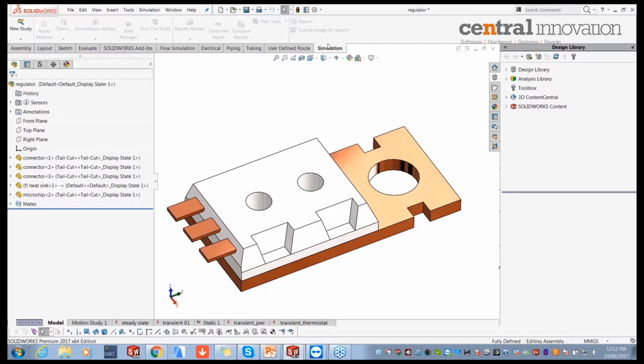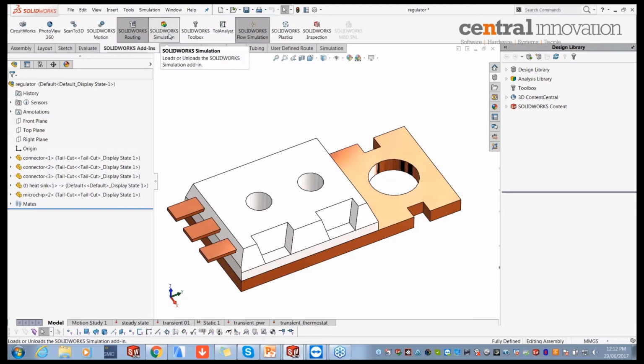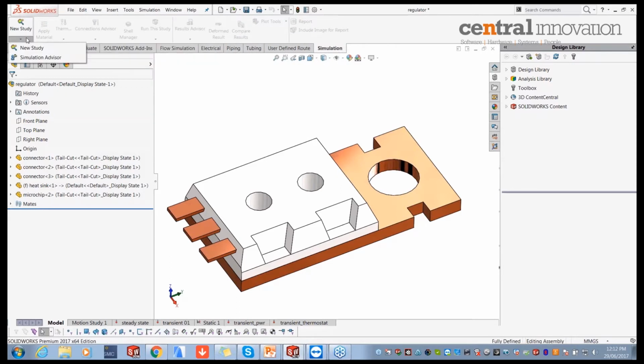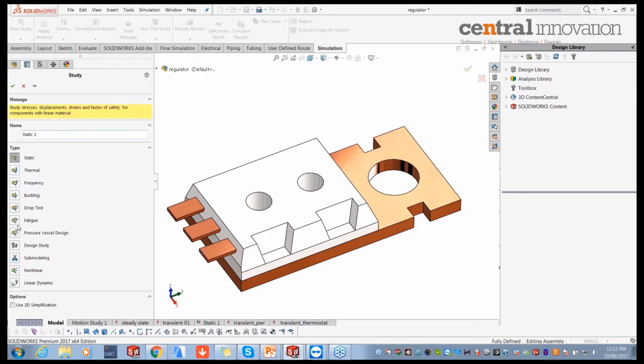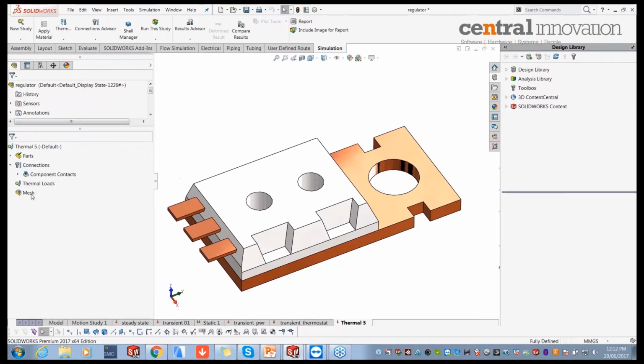You just enable your simulation add-in in SolidWorks. If you have a SolidWorks Simulation Professional license, you will be able to access several other study types apart from static analysis. Thermal analysis is one of them. And the moment you select it, it'll give you the simulation feature tree, which is common throughout all the simulation studies you do in SolidWorks. If you expand the first folder, it shows you all the parts in your assembly, and it would inherit the